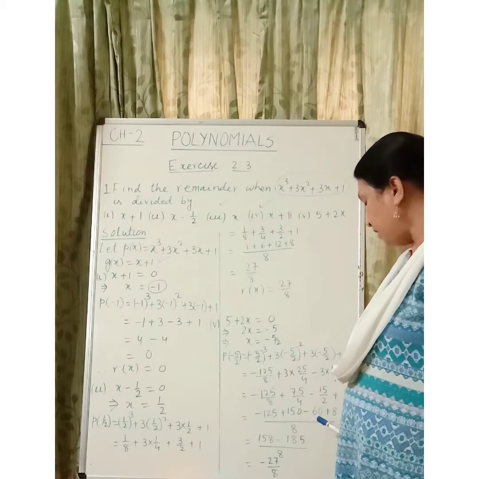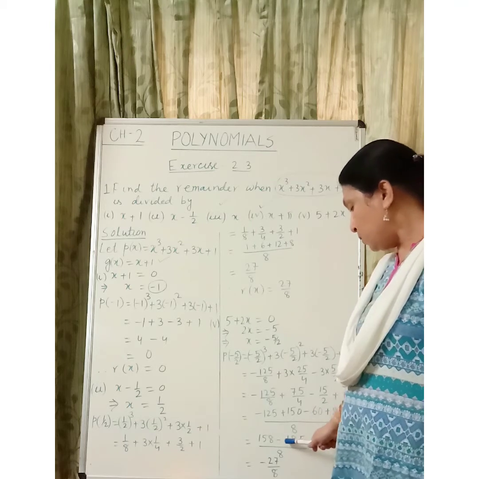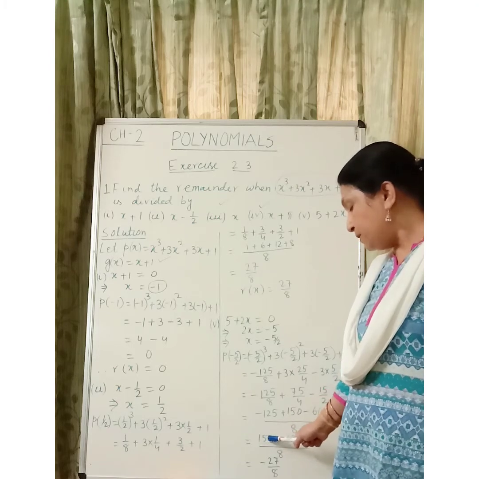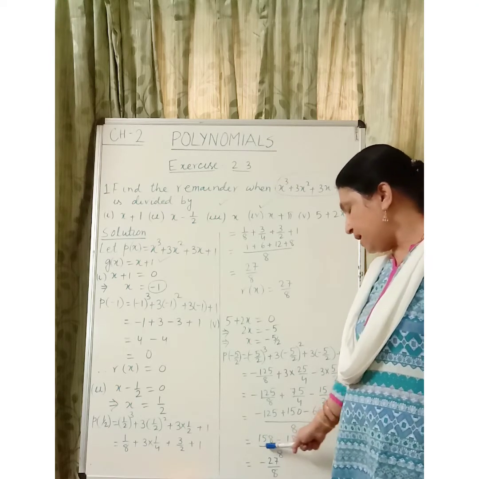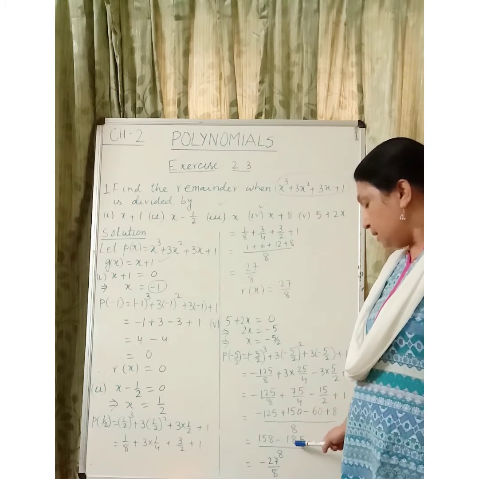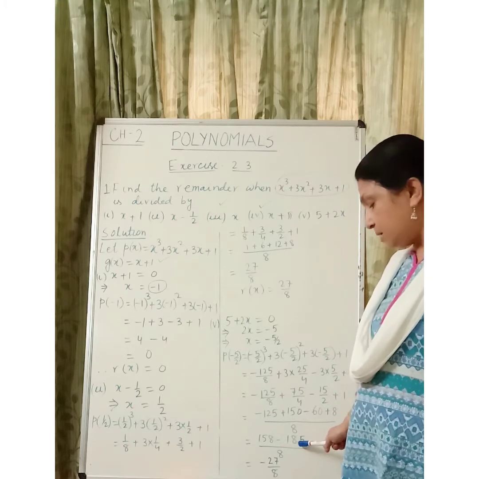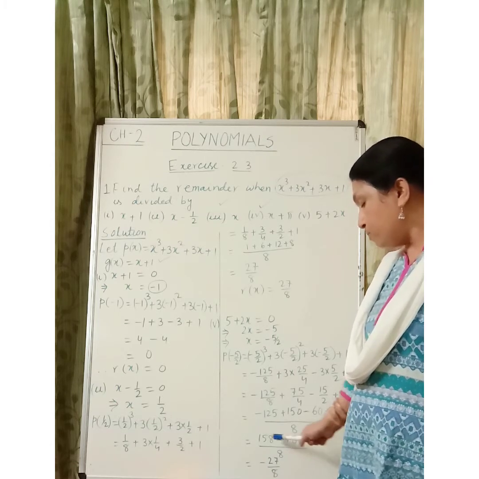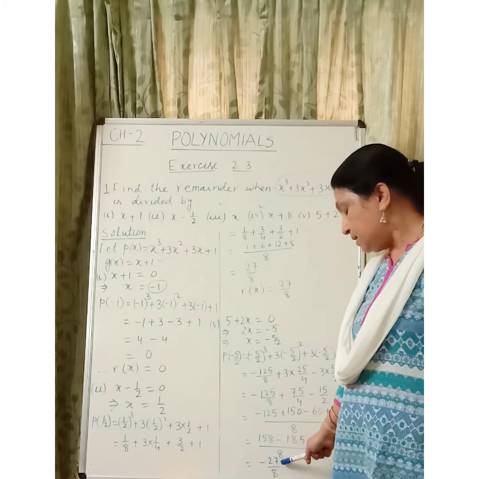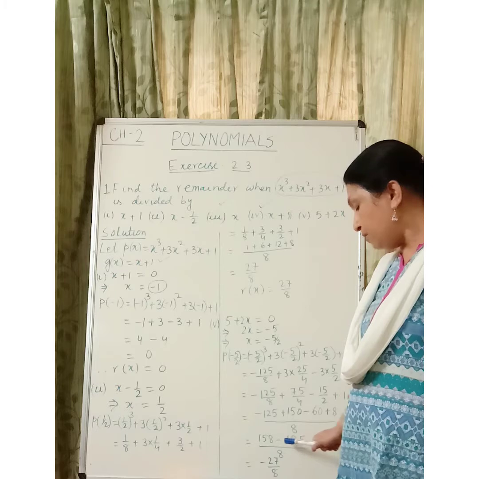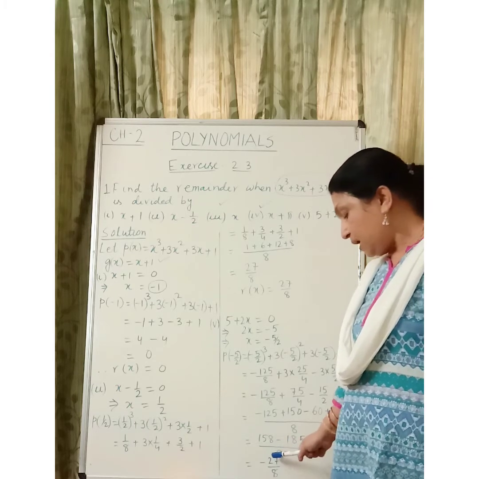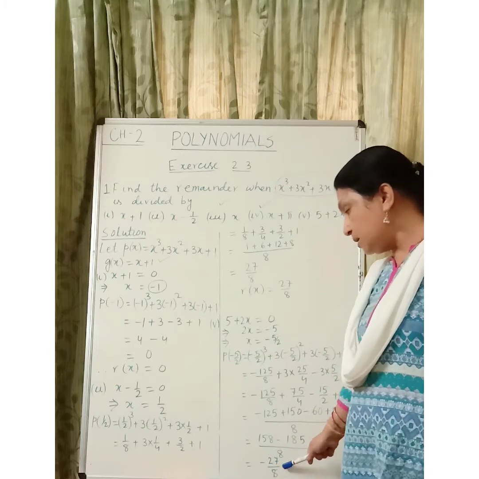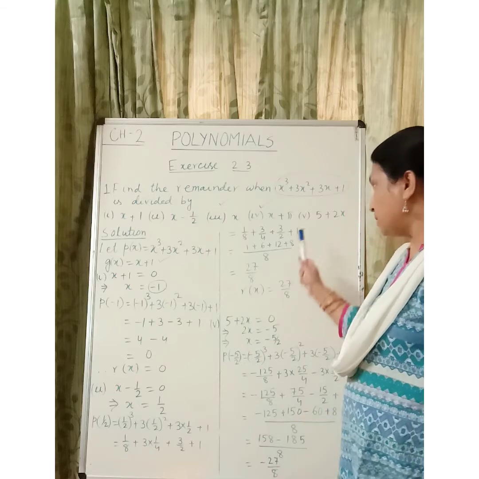We have minus 25 minus 60, that is minus 185. 150 plus 8 is 158. So 158 minus 185 divided by 8. You can see here the negative integer is the bigger number. Bigger integer is negative, so we have to subtract 185 minus 158, that is 27. And since minus 185 has a negative sign, the value of this fraction is minus 27 upon 8. So this is the remainder for the fifth part.